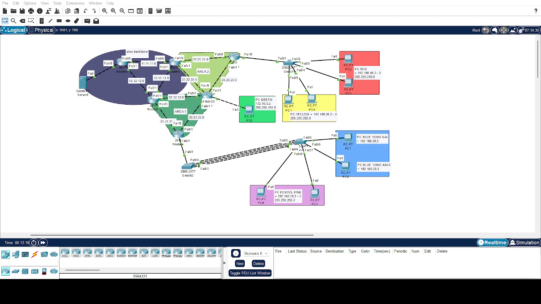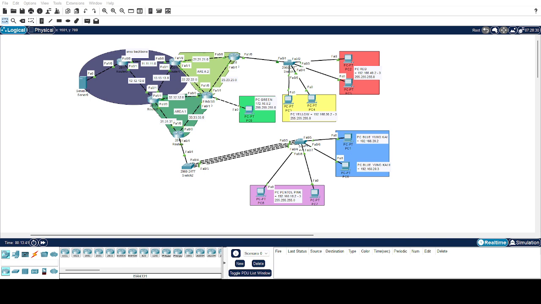The routers use a routing protocol to communicate, and each router connects the different network areas and OSPF routing area. In this topology, we use OSPF, or Open Shortest Path First. It is a dynamic routing protocol that helps routers automatically share and learn network routes.